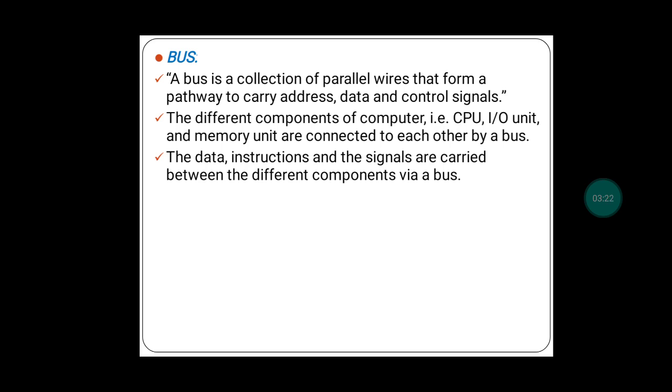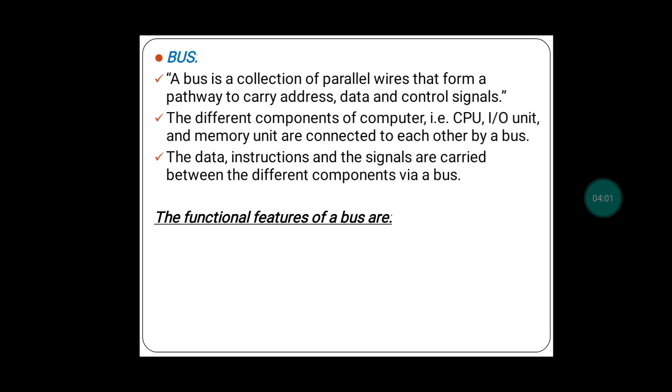Similarly, you are getting data too. Getting that data from memory to your output device can be done through a bus called the data bus. And there is something called the control bus which is carrying control signals. Who can access the data, how much they can access the data, where should I stop transferring this data, that is controlled through the control bus. So basically remember, a bus is nothing but a collection of parallel wires that form a pathway to carry address, data and control signals.